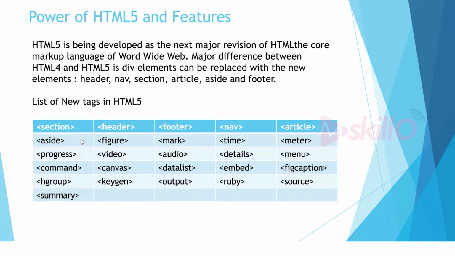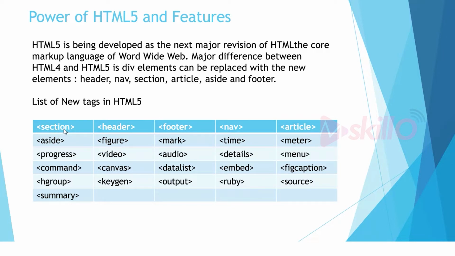So we have section tag, aside tag, progress tag, command, hgroup, summary, header tag, figure tag, video tag, canvas tag, keygen. We have footer, mark, audio, datalist, output tag. Then we have nav tag, time tag, details, embed, ruby, then article tag, meta tag, menu tag, figcaption tag, and source tag. All of these have both opening and closing tags, and they all have their own